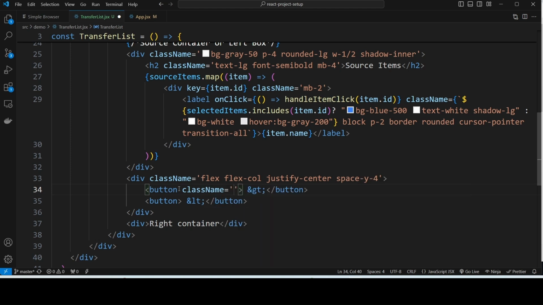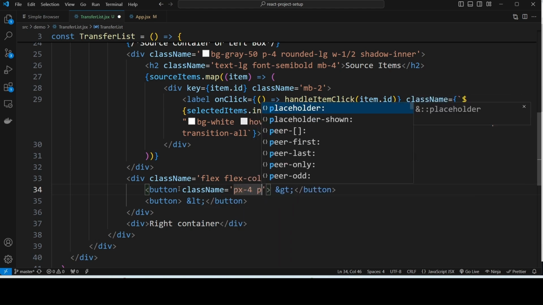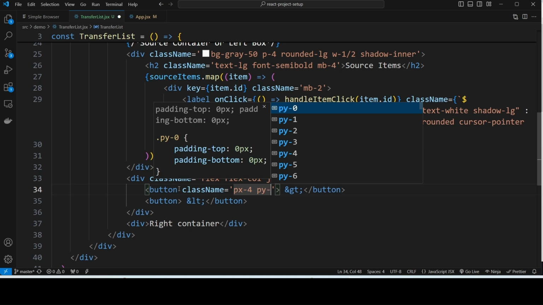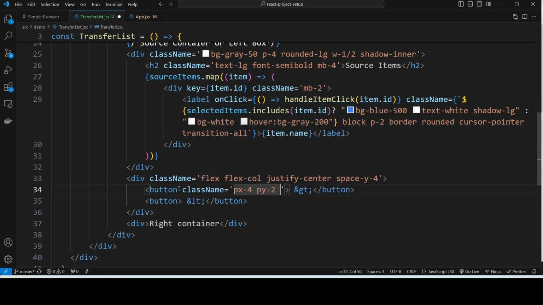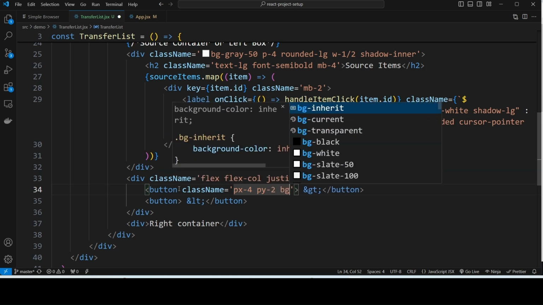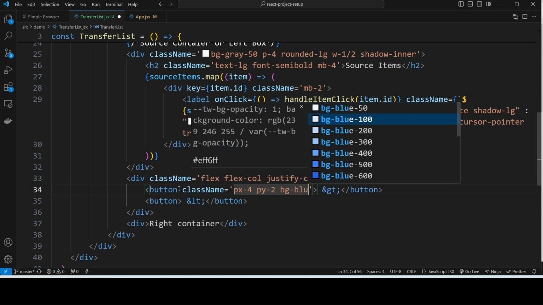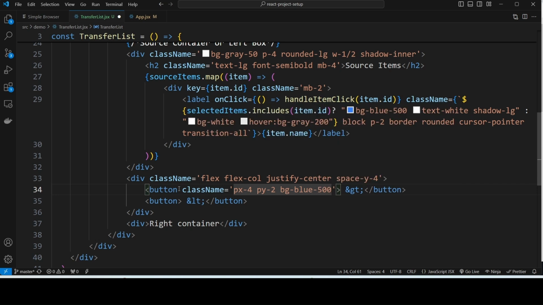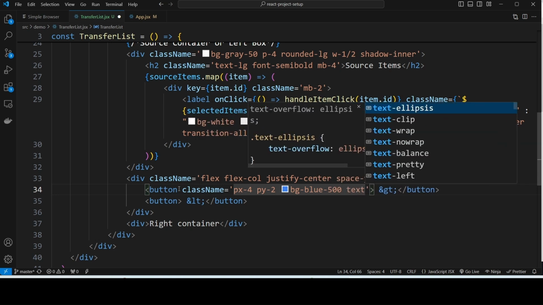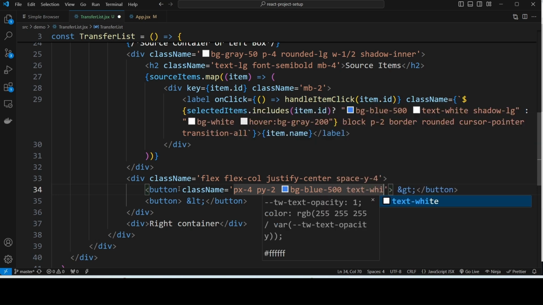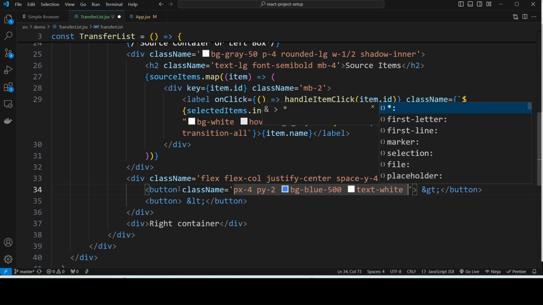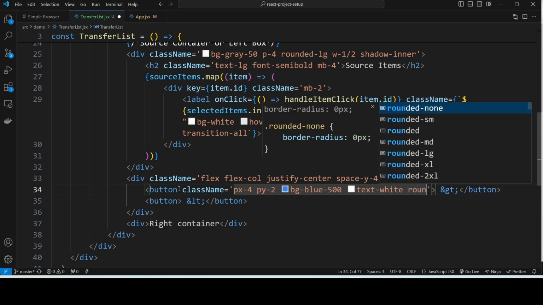Class name px4, py2, background blue, text white, rounded,